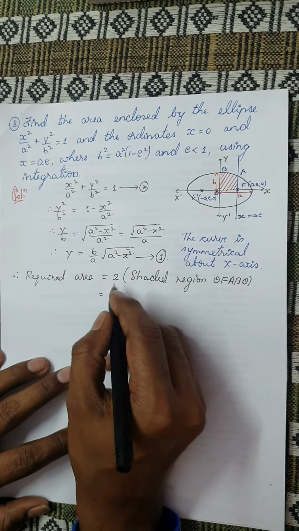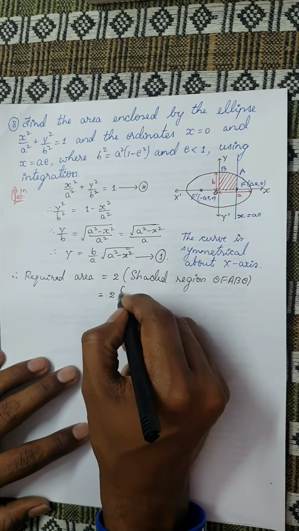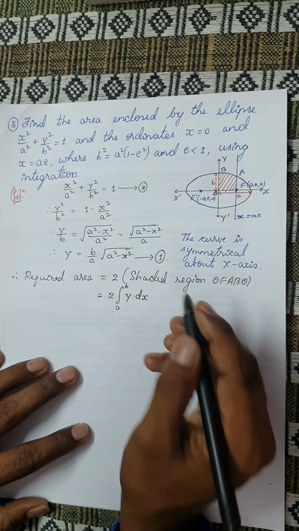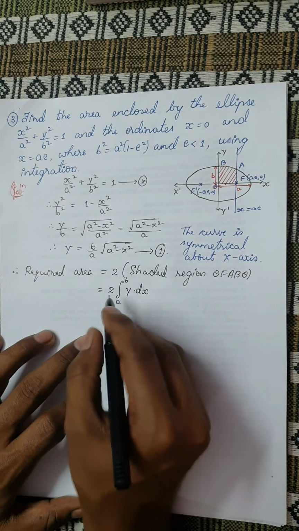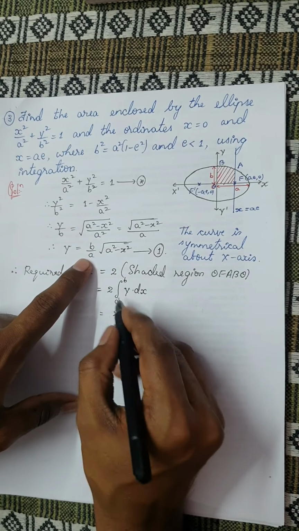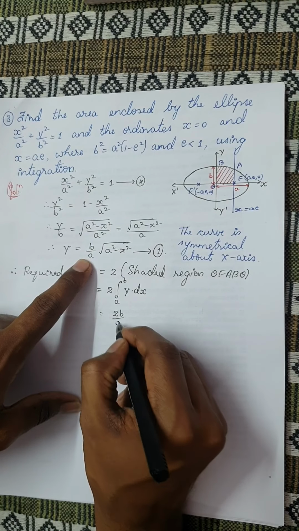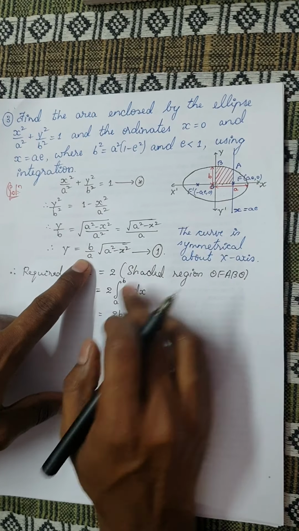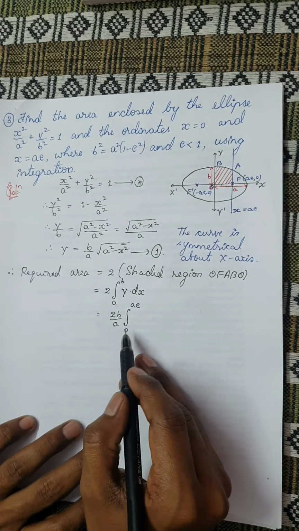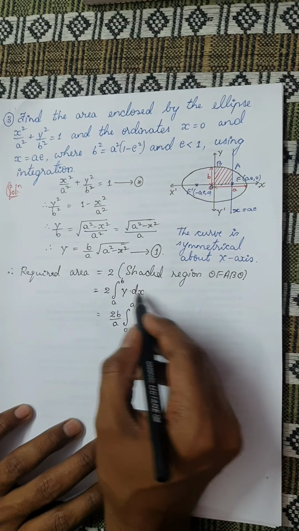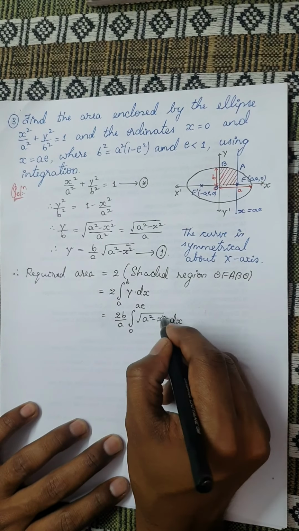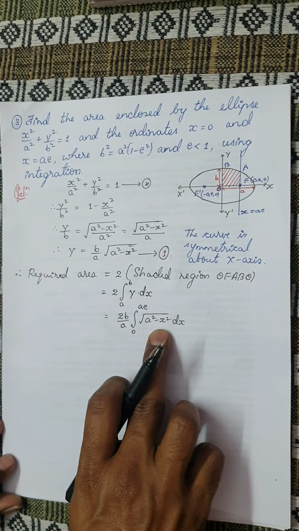So this is nothing but 2 times the integral from a to b of y dx. What is a to b? Now remember, b/a is also constant, so I'm going to take this outside: 2 times b/a. Your a would be 0 here and b would be ae. Please be very careful. So the limits would be 0 to ae, and y is nothing but √(a² − x²) dx. Now you can see here, this will again land in the same place.